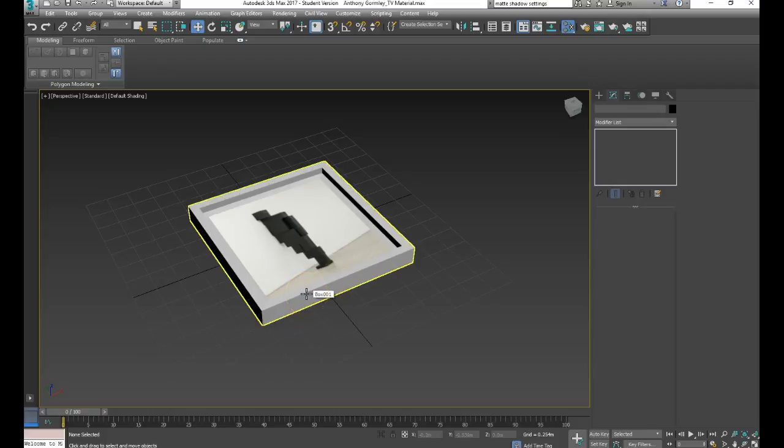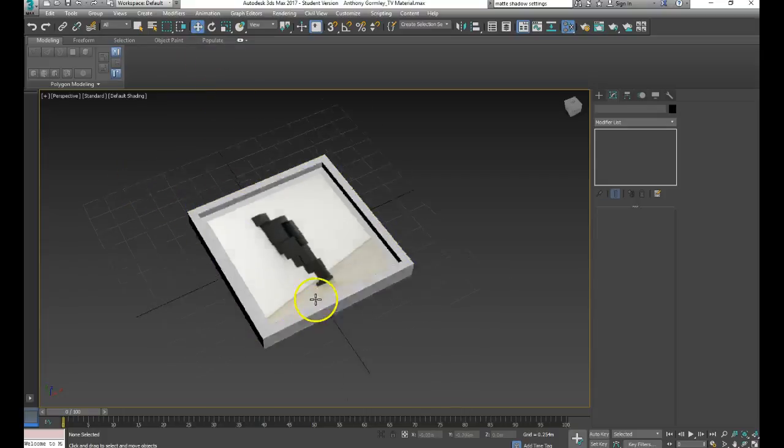Okay, so just going to show you a little bit about applying a material or multiple materials to a unified or a specific object that you've created in 3ds Max. So here we have a little picture